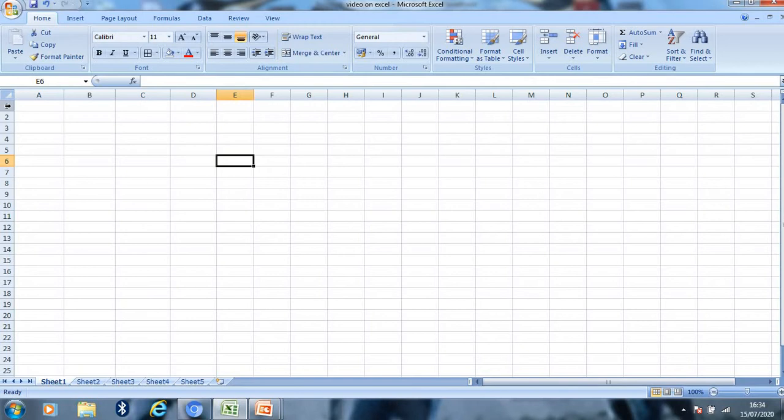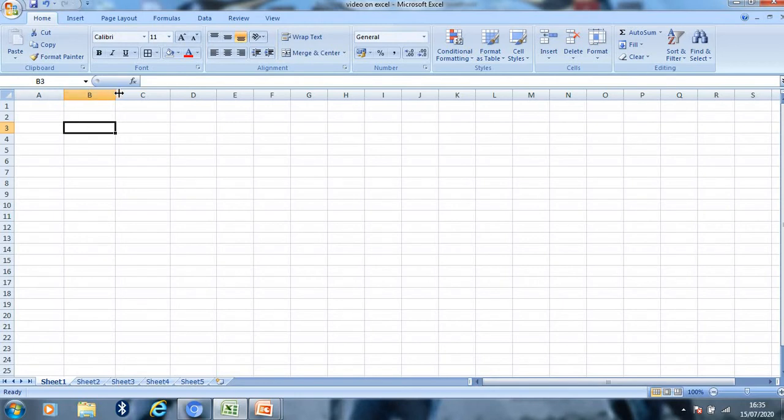Above this, above the column headings, we have a box. The box is called the Name Box. Name Box shows the address of the current selection or active cell. That means if I am in the cell E6, then the Name Box will contain the address E6. If I am in the cell B3, then the Name Box will contain the address B3. That is, the currently selected cell has a particular address and that address is contained in the Name Box.